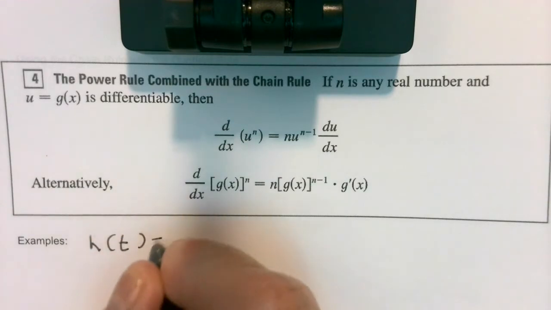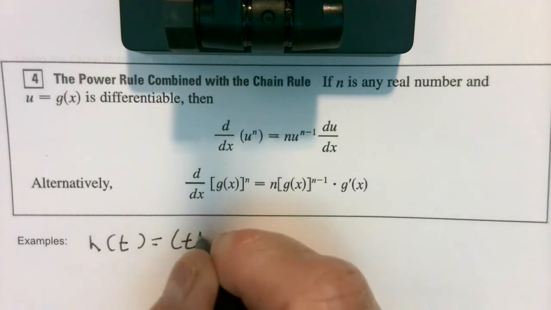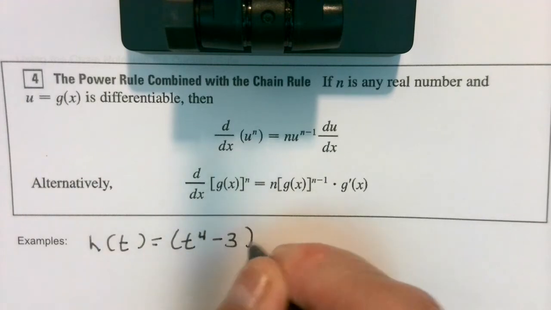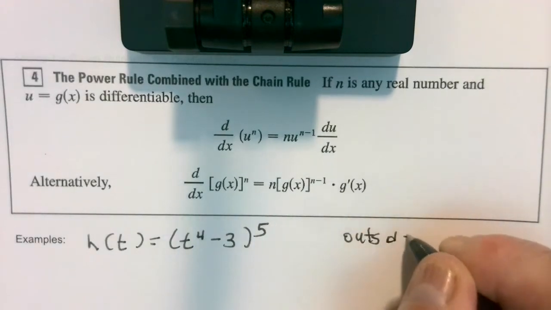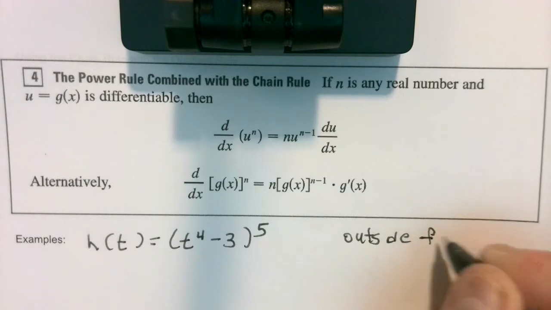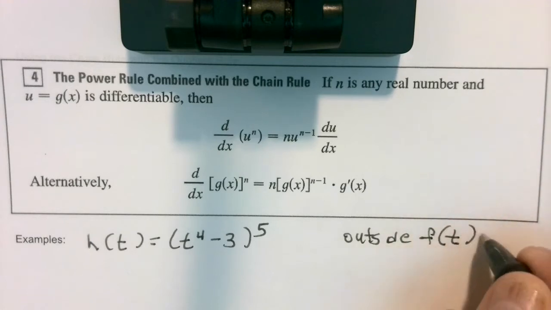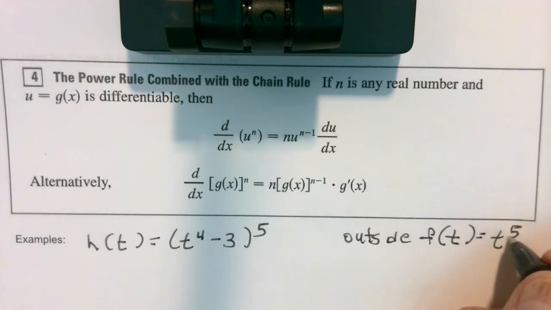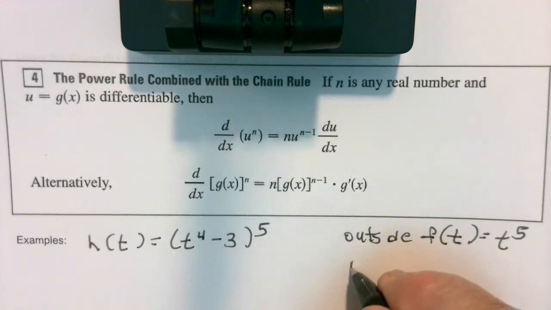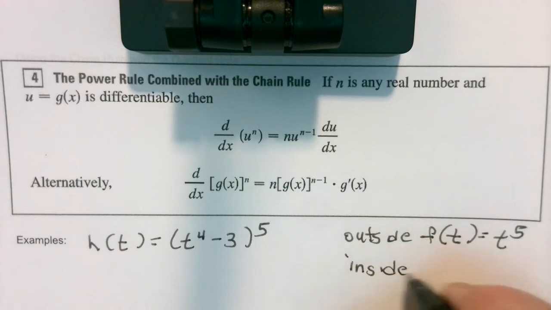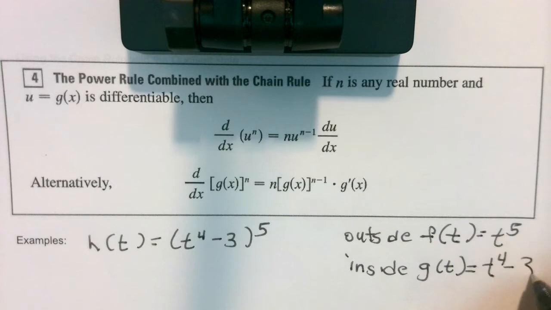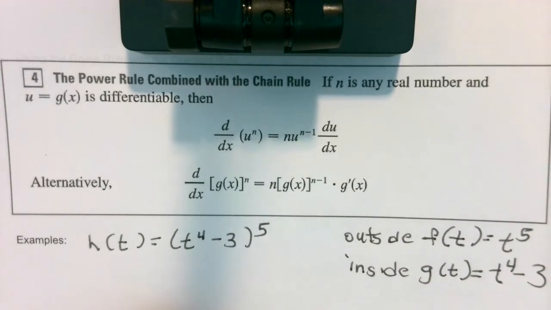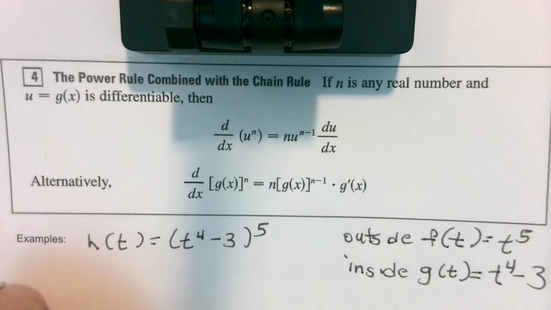H of t equals t to the 4th minus 3 raised to the 5th. So our outside is f of t, because our variable's t here, equal t to the 5th. And my inside is g of t equals t to the 4th minus 3. And then you can check, but that will work. So when we go to do h prime t,